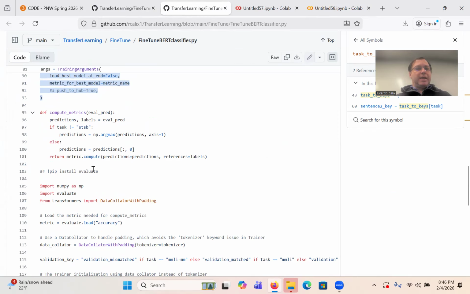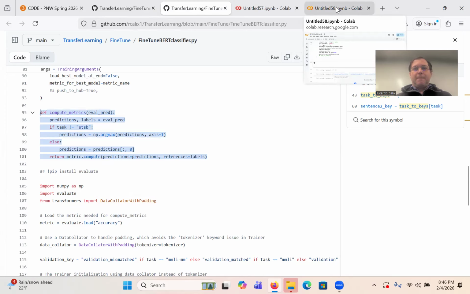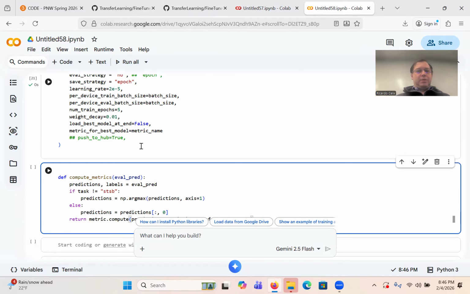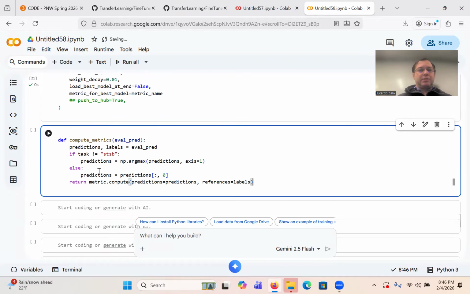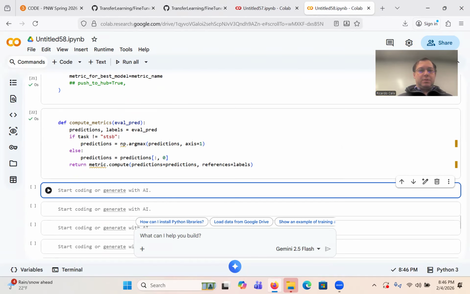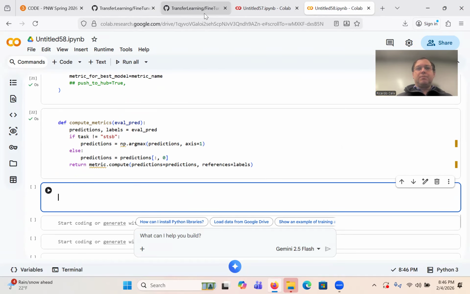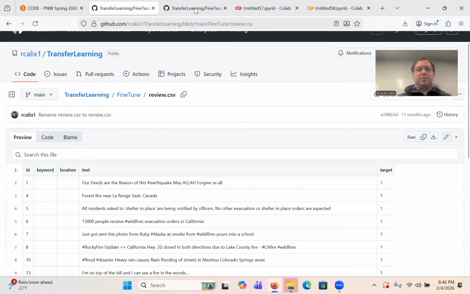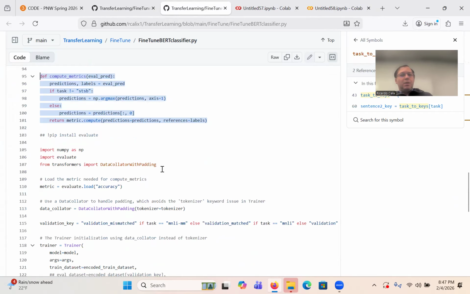Evaluate. I think I had to install that library. That's so we can use the performance metric, I believe. So compute metrics for the specific tasks. So let's bring these in.